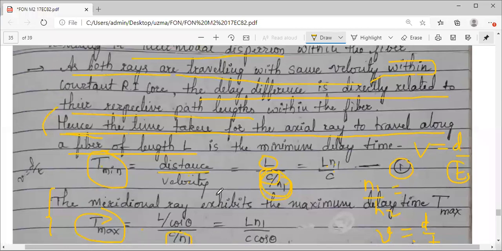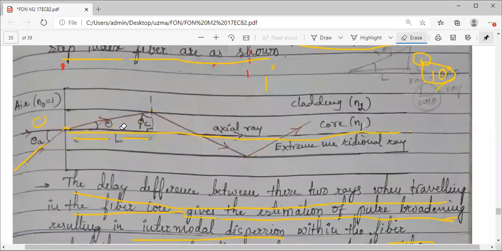Here we have L. Let us look at this triangle. Tell me, what is this distance traveled? Because this is the distance traveled by the meridional ray. So if this is your L, this is your theta, what is this? Say x. Okay, let me take this as x, the ray. So use the concept of triangle trigonometry: you have a 90-degree angle here, you have a theta here. What is x equal to? It is your hypotenuse. And you know the base. Base is L. Tell me what x will be equal to.